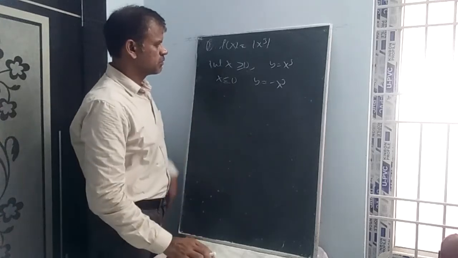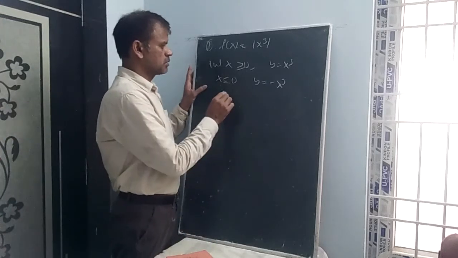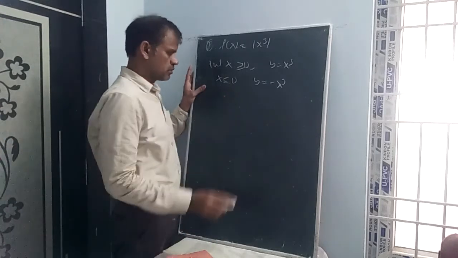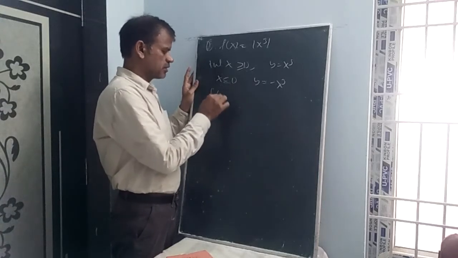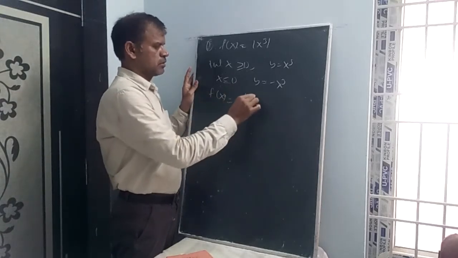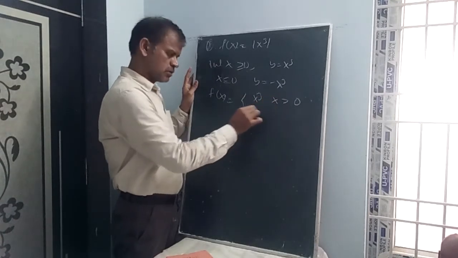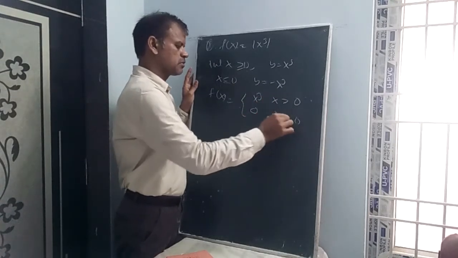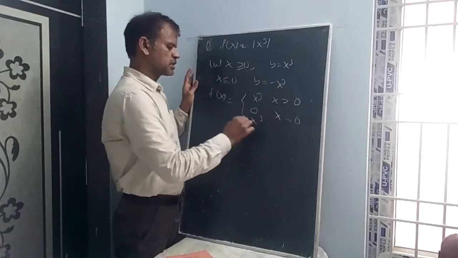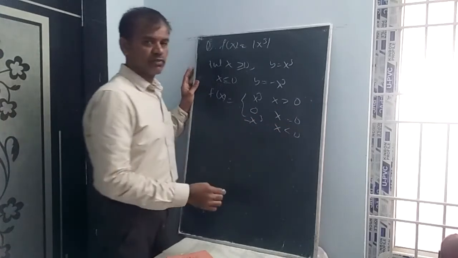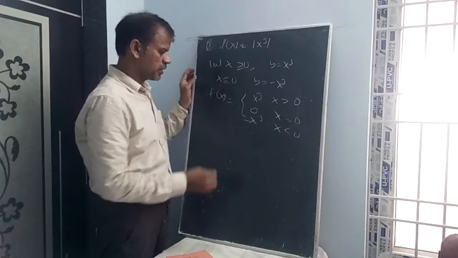If it is continuous, differentiable everywhere. Okay, let us write 3x square. If f of x, I am writing, x cube for x greater than 0, simply 0 for x equal to 0, and minus x cube for x less than 0. Like that, for 3 values we had written.